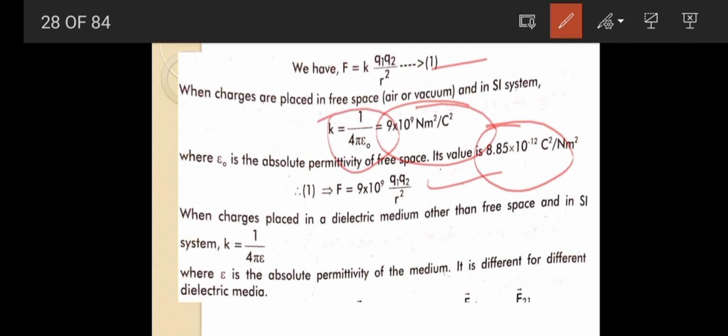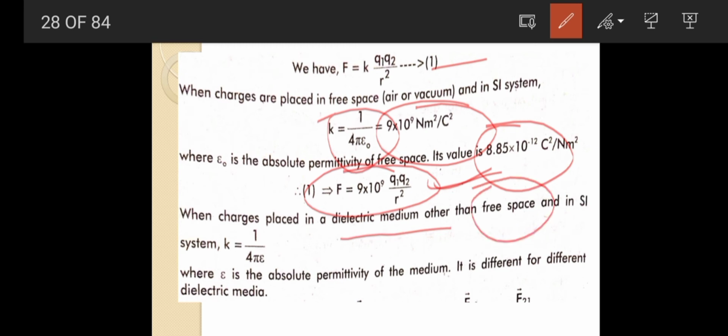When charges are placed in a dielectric medium other than free space, this expression is what you get when the charged body or charged particle is kept in a free space or vacuum or air. Instead of free space, if you keep the charged particle in a dielectric medium other than the free space,